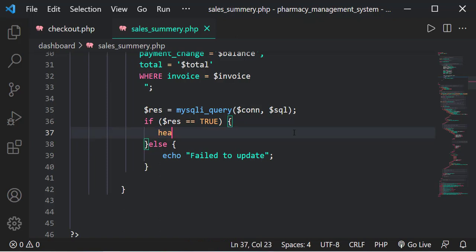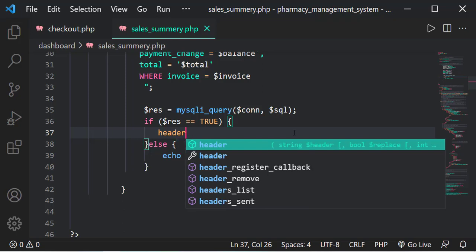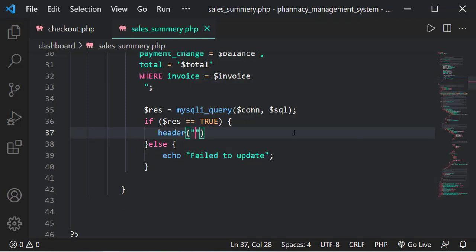We can just say header, and then in brackets, in double quotes, we're going to have the location, and the location will be basically sales_summary, the same page where we are right now,